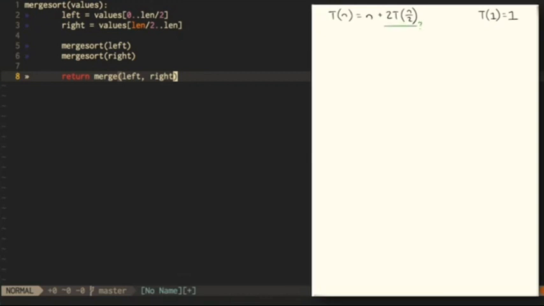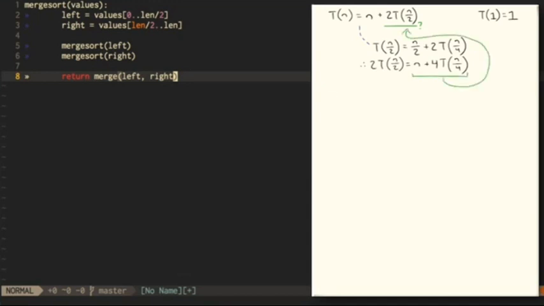Well, one way to figure it out is to substitute n over 2 into this original equation. That's going to give us T of n over 2 is equal to n over 2 plus 2 times T of n over 2 over 2, which is n over 4. Therefore, if we multiply through by 2, we get n plus 4T of n over 4. Now that we know what 2T of n over 2 is, we can substitute that back into this original equation,